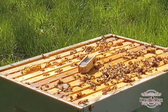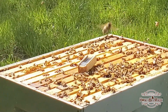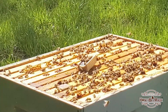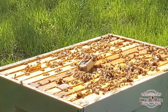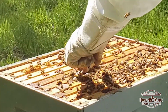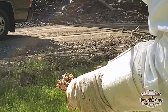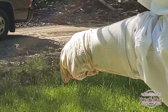Oh, we got one going at it. They're starting to crawl on it. Wow, they're covering that big time. Oh yeah, it didn't take them long at all. Boy, it looks like a natural thing going on there. Nothing aggressive. I really think maybe they had...